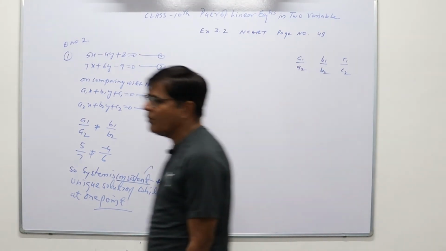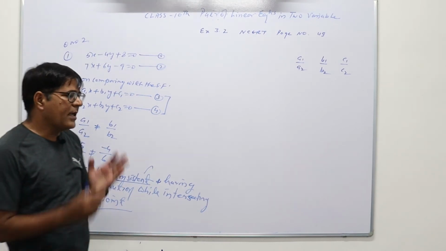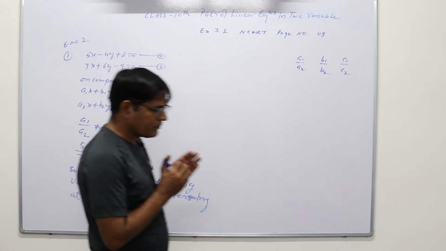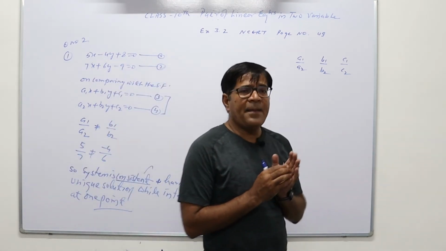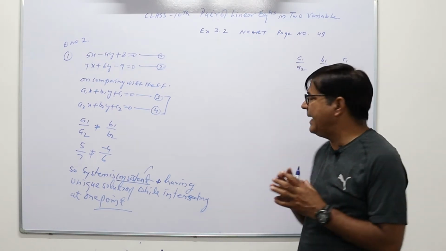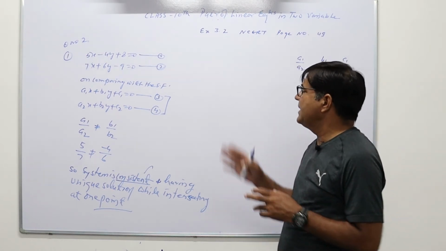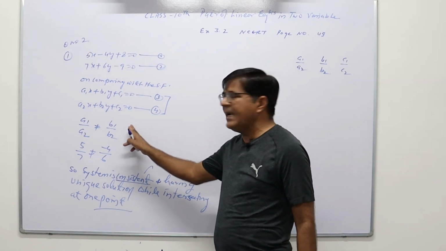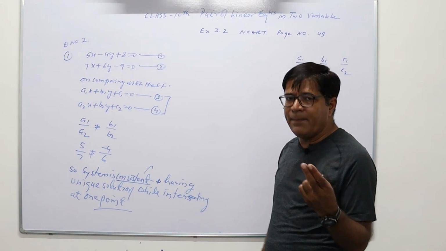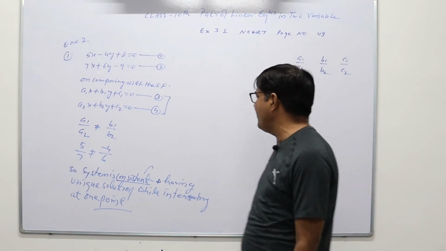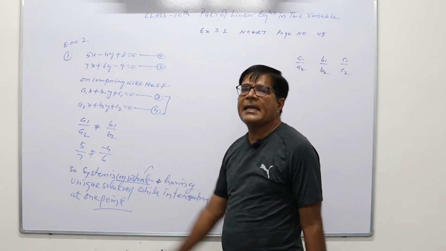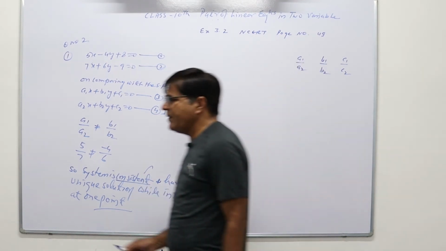So you have to learn 3 points. What is the ratio of the coefficients of the given equations, and second, graphical representation, what type of possibilities will be there if the lines will intersect each other. So this condition is showing the lines will intersect. If the lines intersect, they will have only one point of intersection, so that point will be known as the unique solution and the system will be consistent. So in this way we can check.